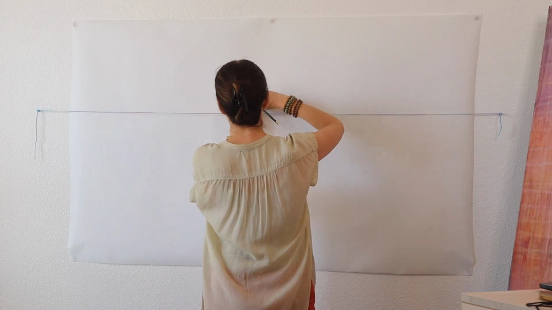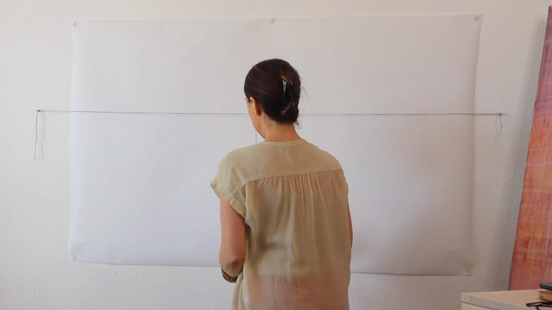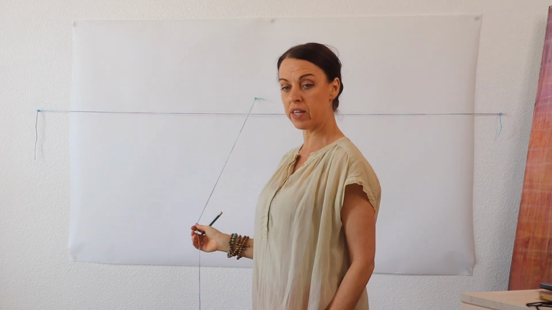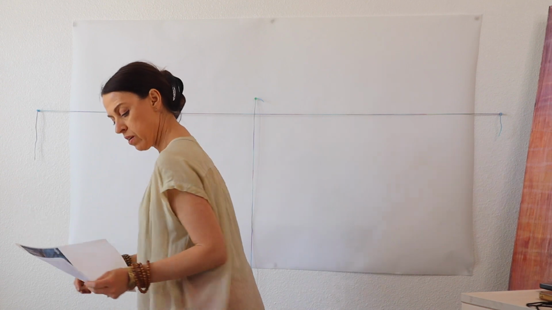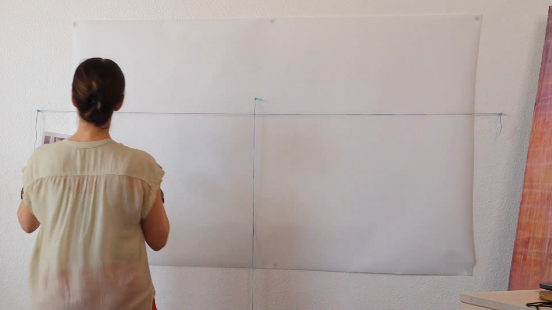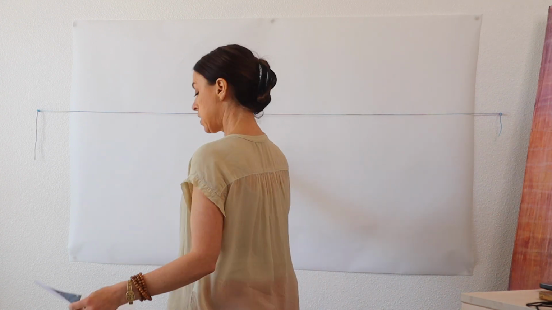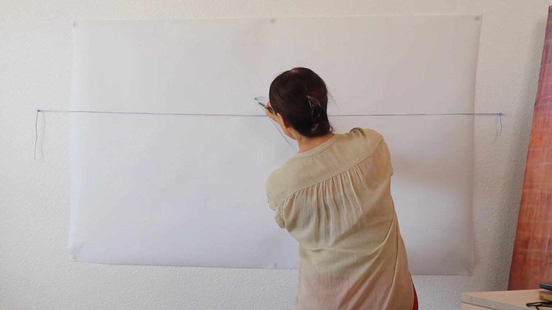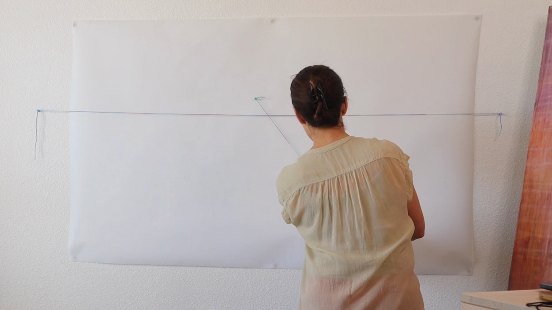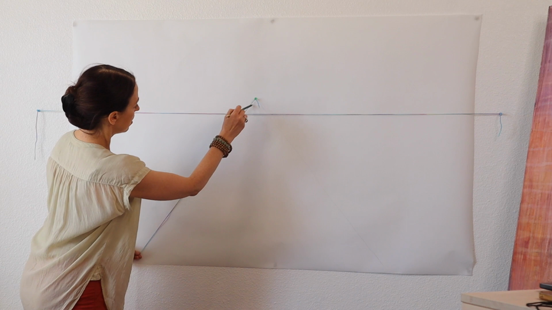So for the 1-point perspective, this is really easy because we only have one point, and we're going to use this one string to guide our lines. And I think I'm going to draw this image right here. I'm going to put it somewhere so you can see it. You can't see it anyway, so I'll just hold it. What I'm going to do is first draft out this path. So right here, I'm going to make my line go out this way, and then my line go out this way